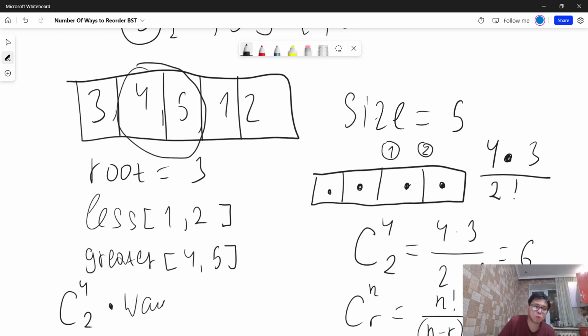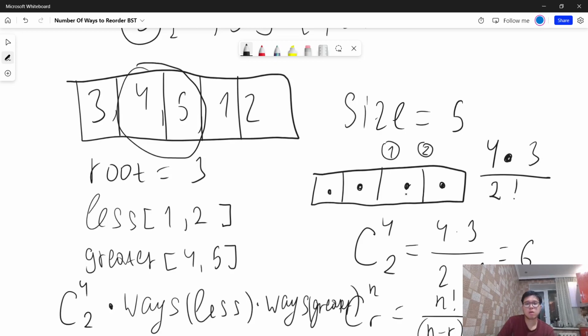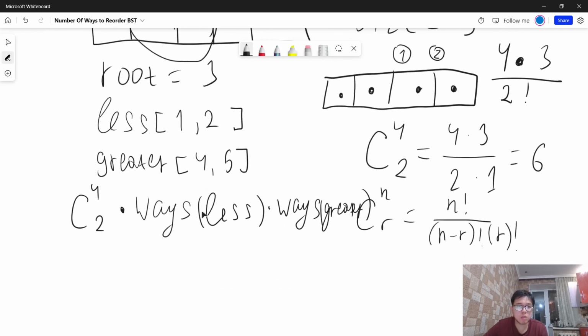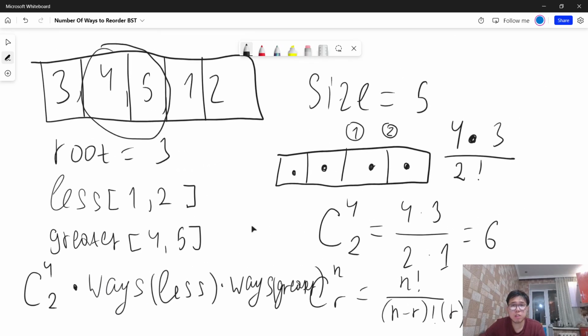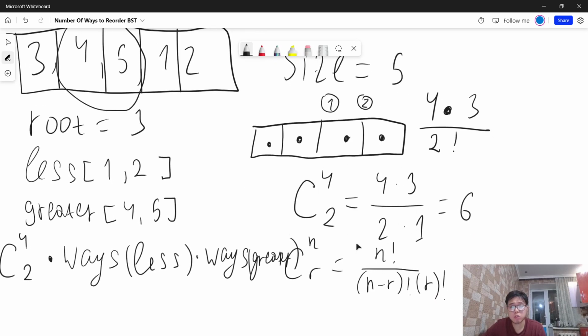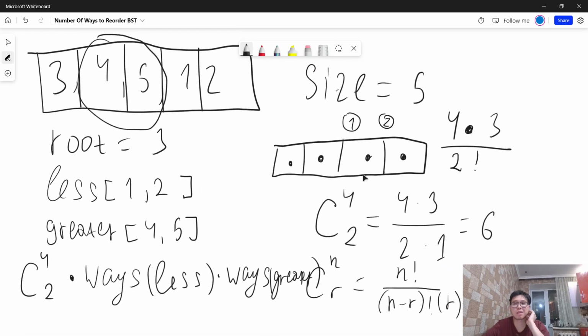we will create a method called ways, and here will be this array, like less, we named it, and there will be another ways with the greater array. In this fashion, we will solve this question. These methods will be recursive. Also, just by solving this question, we have this formula C n minus 1 r, but because